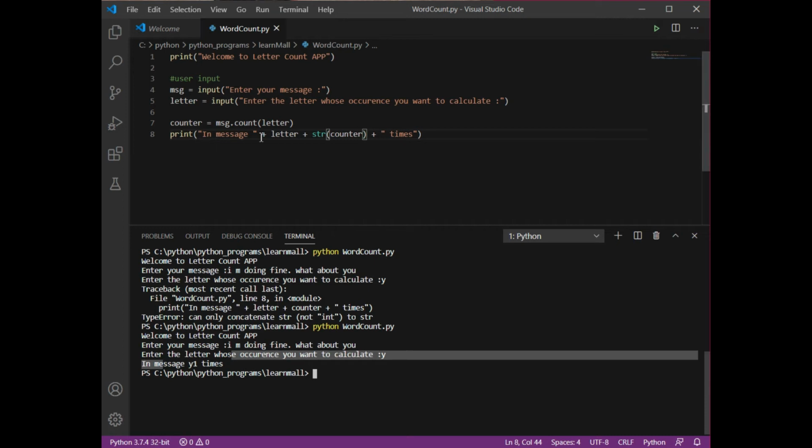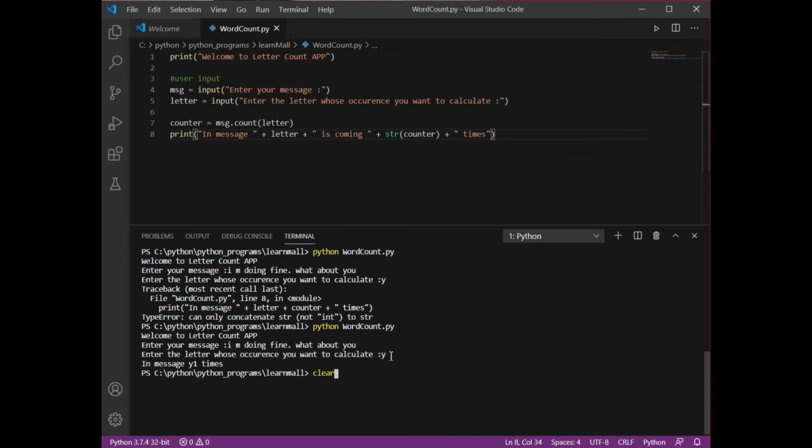In message y, I need to write here is coming. Y is coming, then plus sign, and I need to write here, yes, so I have given the spaces. Let's run this again.